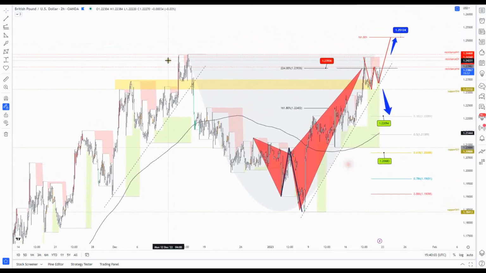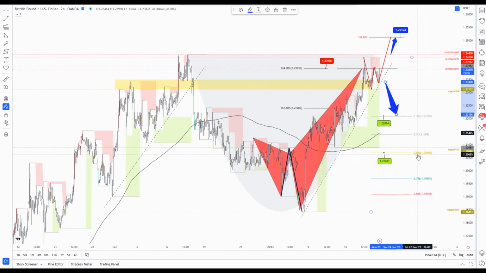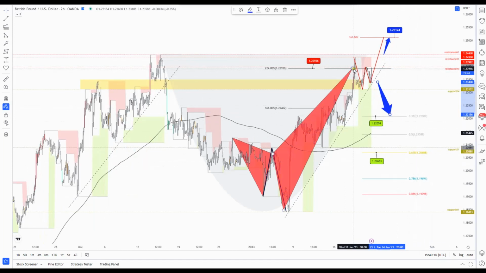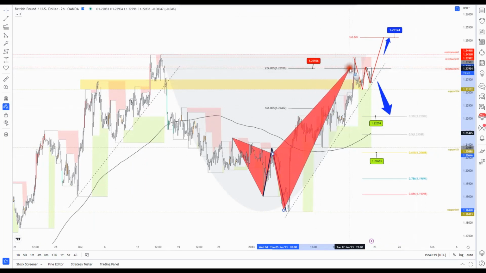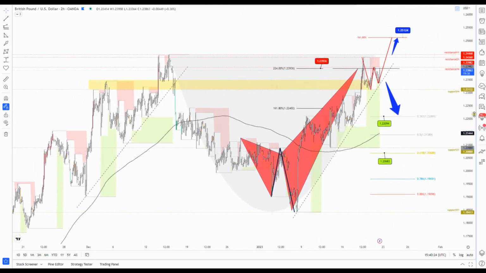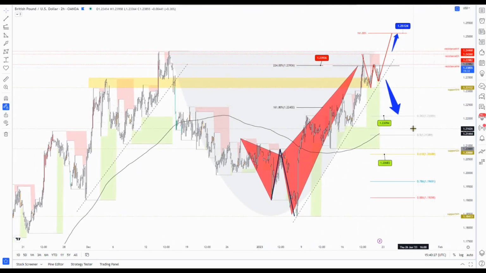We may see this as a potential cup and handle formation. For that handle to form, I'm waiting for the retracement expected after the formation of this shark pattern. So I still expect the cable to pull back a little bit after the formation of this pattern, even if limited to the 38% Fib or even 50% Fibonacci retracement, which is a default target for the shark. But at least a 38% Fibonacci I was expecting, and I still am expecting the retracement back to these Fibonacci